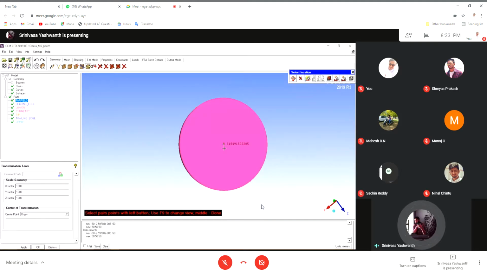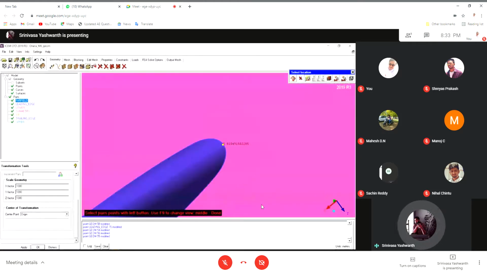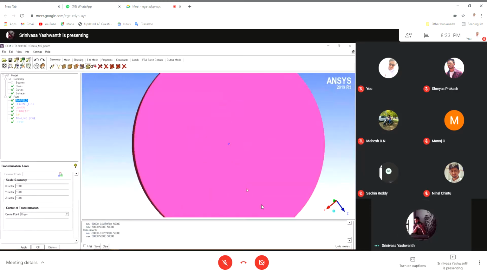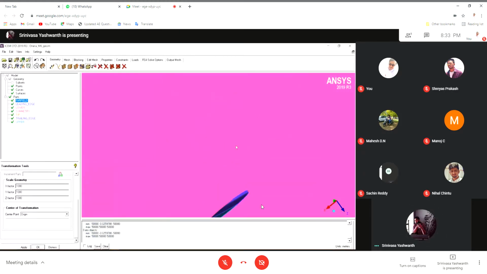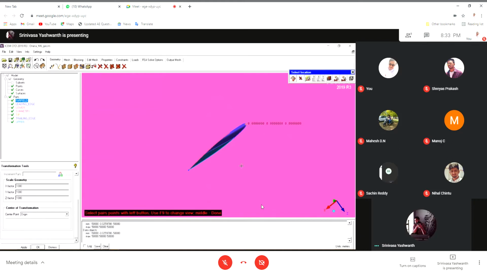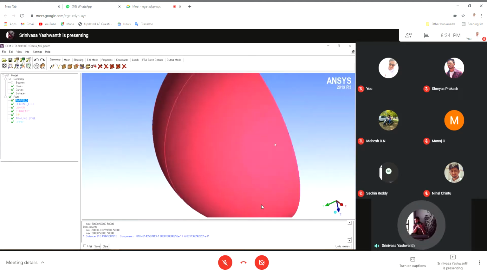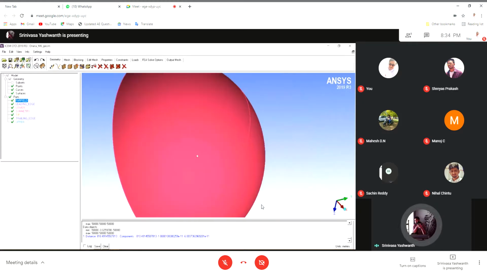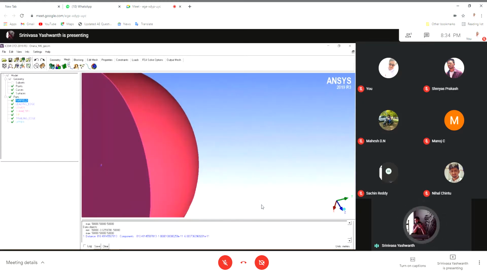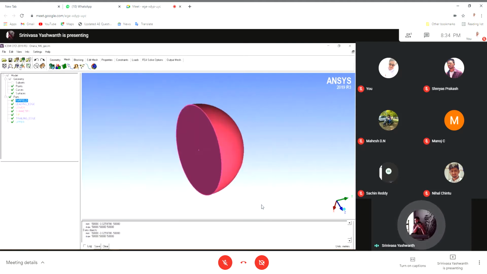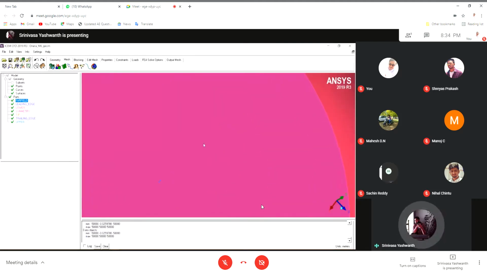So here you can see it is 0.81 meters, the original geometry. If you scale it up, you have 810. So this is now scaled up, and you can do the meshing easily on this. Also, one more benefit of scaling it up is you can give much larger spacings for the mesh, and that will take less time to mesh because the meshing software doesn't have to go into each and every